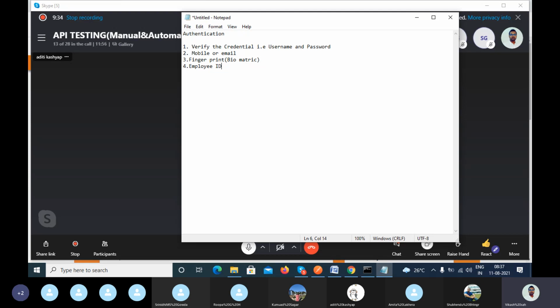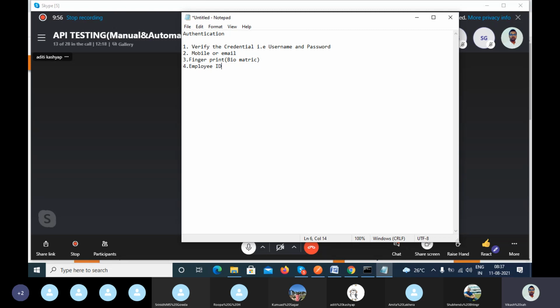They have one machine there, and in that machine they have one application. The machine checks that you are a valid employee, and after that the machine will open the door.